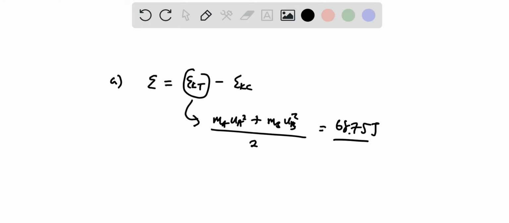Now that we have this total kinetic energy, for us to determine the kinetic energy of the center of mass, we would need to determine the velocity of the center of mass. Velocity